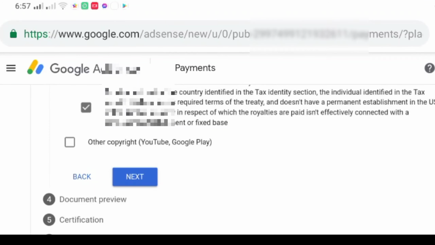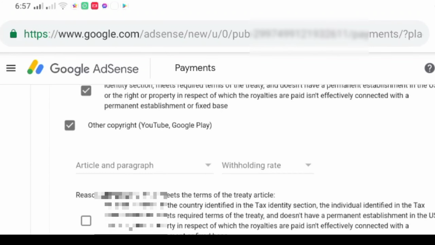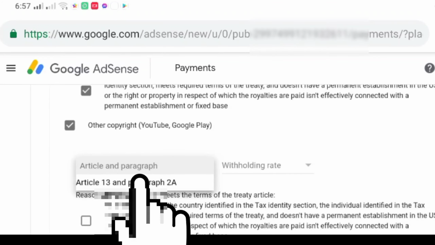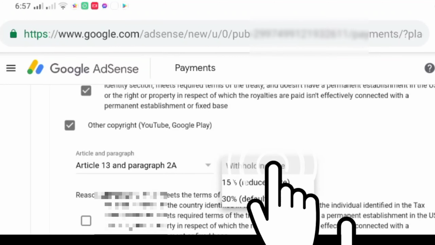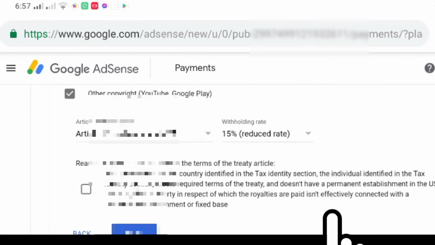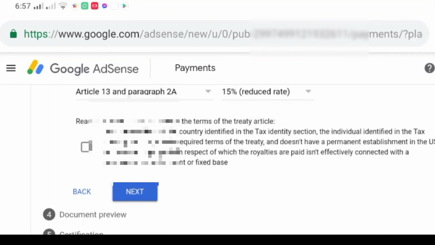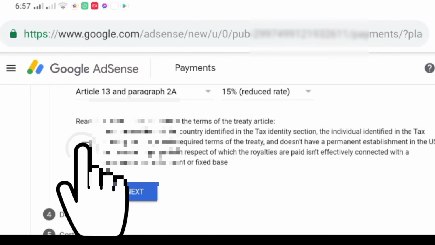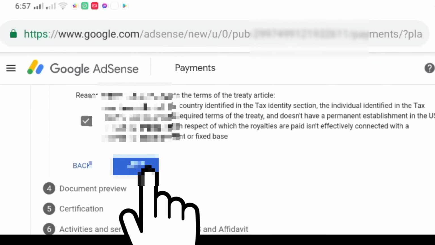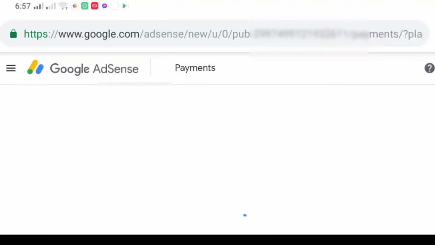Then other corporate YouTube, Google Play, and Article 13, Paragraph A, then 15% ulit yung reduced. Then reason meets the terms of the treaty article. So check po natin yan. Then pindutin ang next.